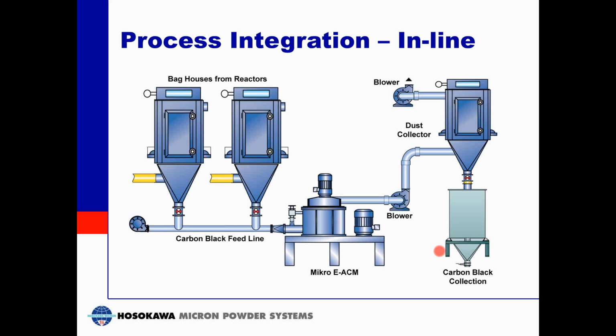Here's a schematic of a typical EACM or EACM2 for grit reduction. Now, for simplicity's sake, I'm showing only two upstream filters from the reactor, but there could be quite a bit more. But the whole idea is we're taking the carbon black from the reactor from this bank of filters and showing that the feed grit or feed carbon black is conveyed with a positive blower into the EACM. The grit reduction occurs in the EACM or EACM2, and the product is then conveyed to the downstream existing bag